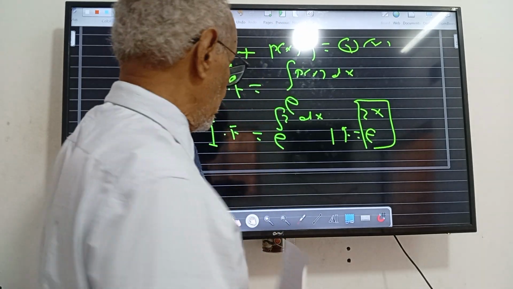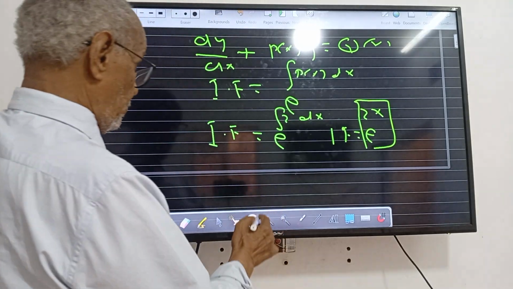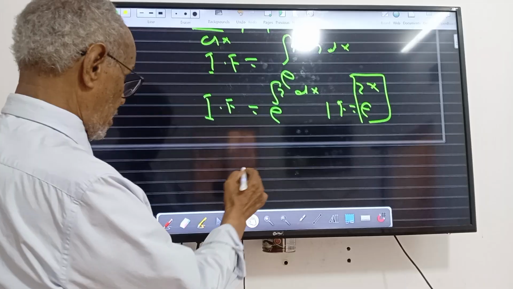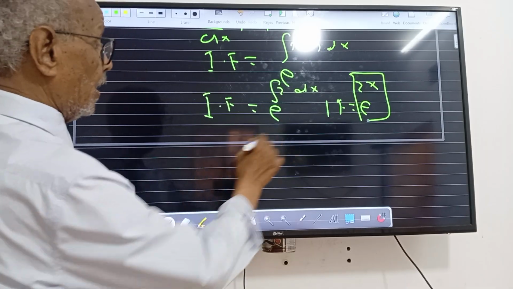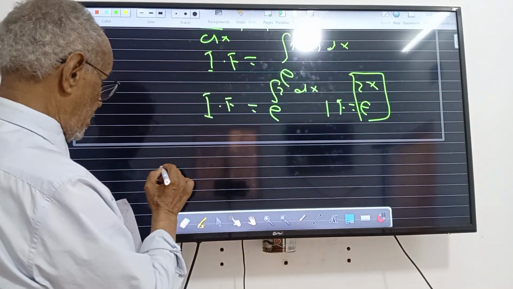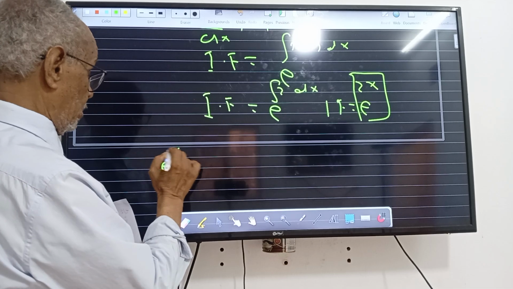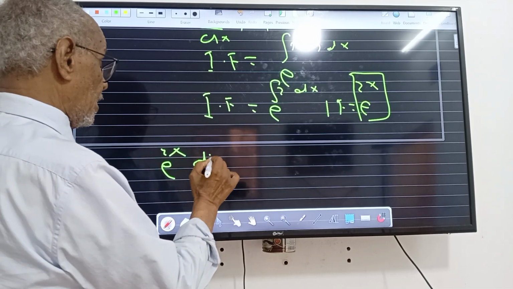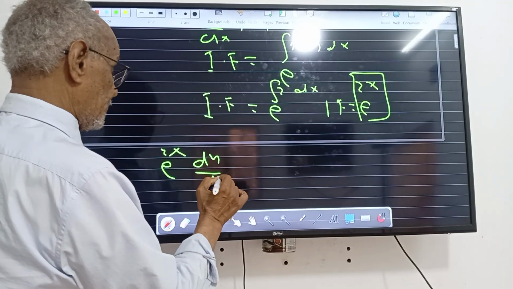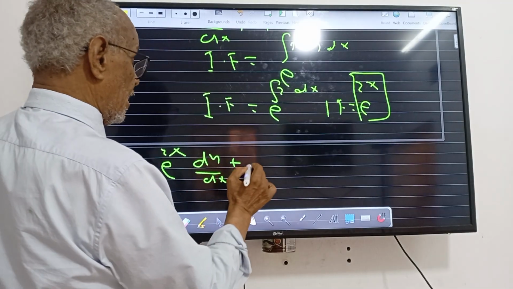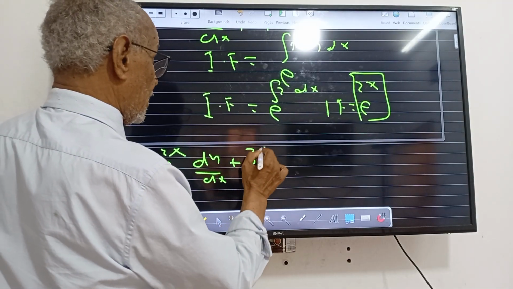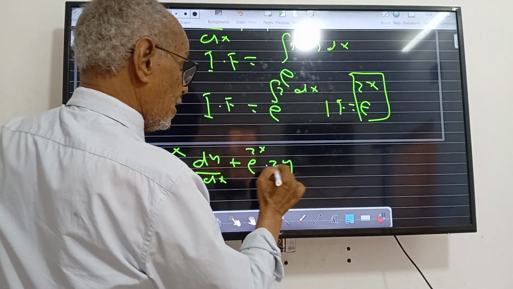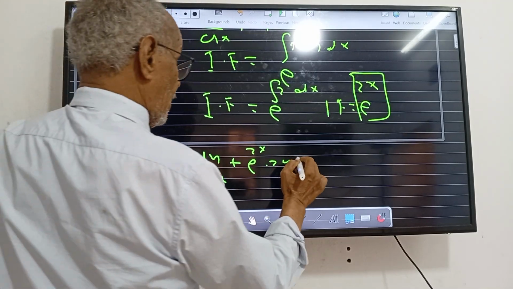So we will have e to the power 2x multiplied by dy over dx, plus e to the power 2x multiplied by 2y, equal